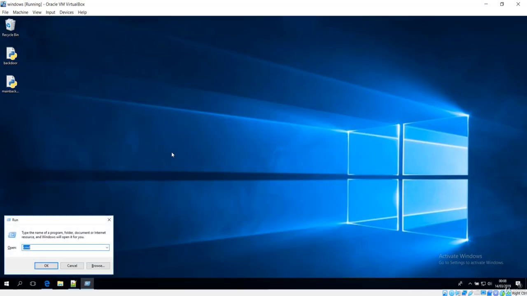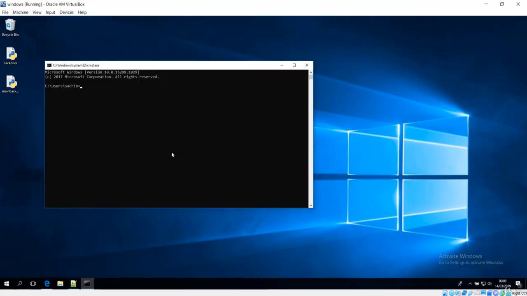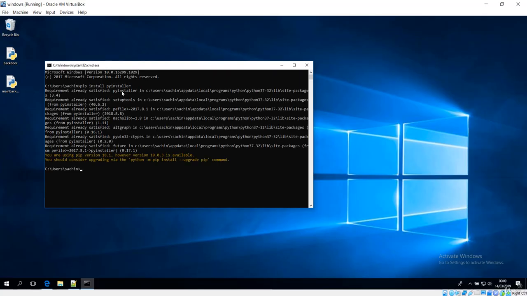and let's go here and let me close our backdoor. Let's open the command prompt, and what you are going to do is simply write here pip install pyinstaller, and this is the package that is going to install PyInstaller. If I hit enter, it has already been installed on my machine. So in your case you have to install that first, and after that you have to go to the directory where you have this backdoor. In my case it is on the desktop.